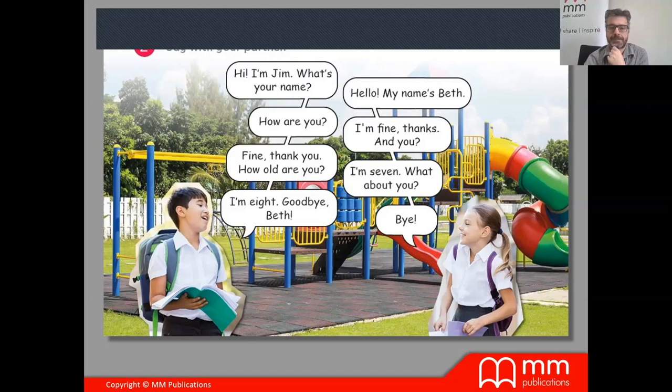The students in the inside circle will look towards the outside, at the students in the outer circle. They can ask these questions to each other, then move 1 step to the right and ask another person. And then move 1 step to the right and ask another person. So this gives them an idea of movement, of active learning, okay?